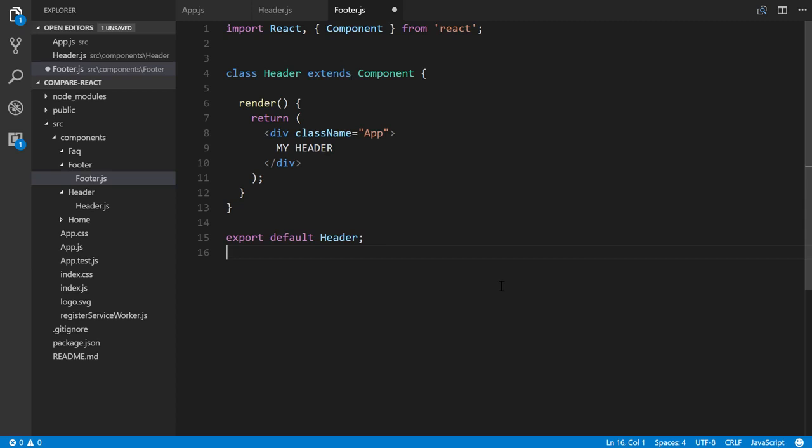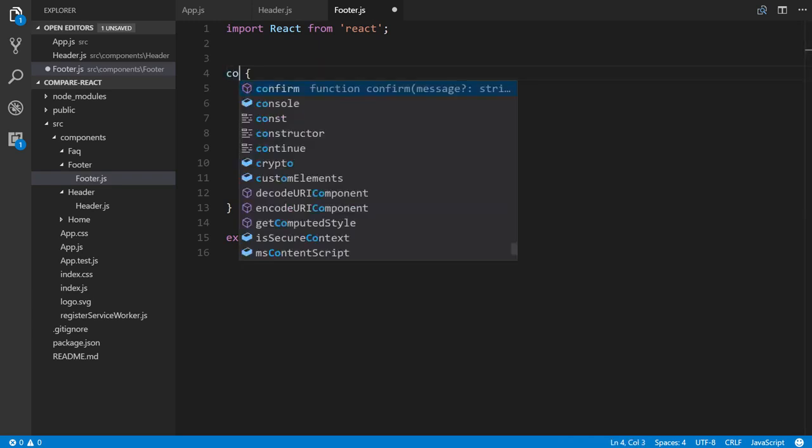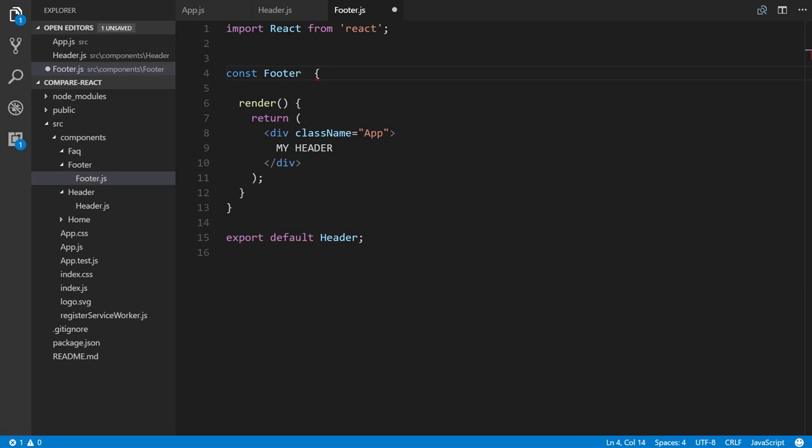Remember when I mentioned there's two different types of components in React. We have a stateless component. This right here is a stateful component. So you have stateless and stateful. When it comes to your stateful components, which is what we've been using so far, the way they're declared is we import React and Component from React. Now, if we want to transform this to a stateless component, then we remove the Component import, and we also change this line right here. Instead of class header extends Component, we do const footer, the name of our component here,